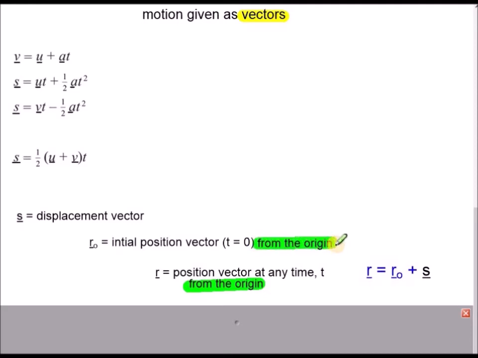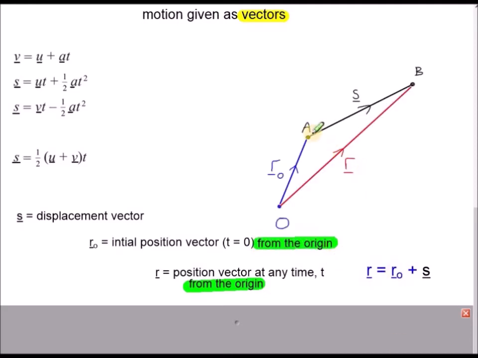measured from the origin. For example, an object starts at position A and it moves in this direction to position B. Starting position, ending position. The difference between them is given by the displacement vector s. The initial position of the particle relative to the origin was at A, and that's given by this vector r0. And together they combine to give the position vector of the particle at any point